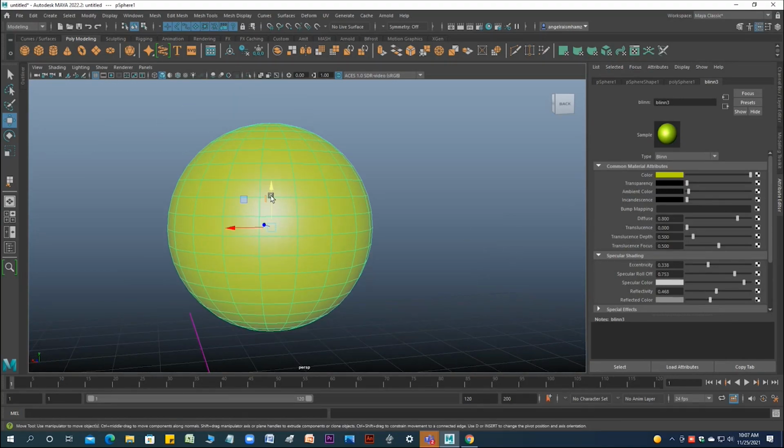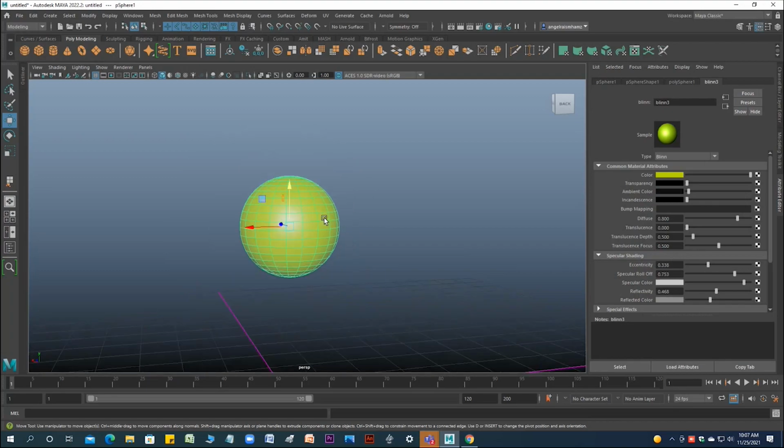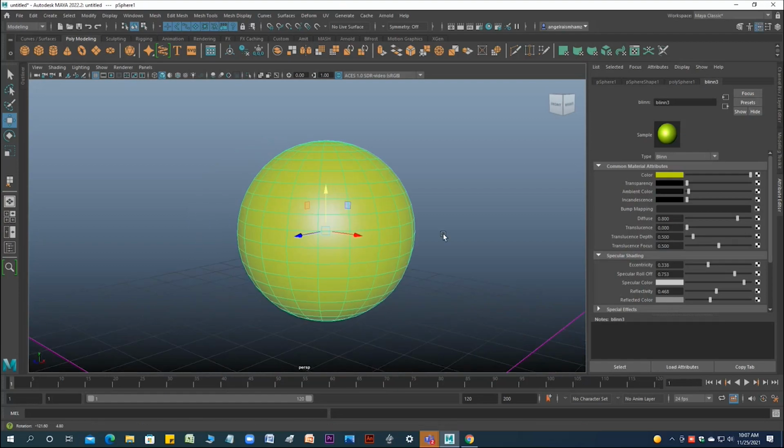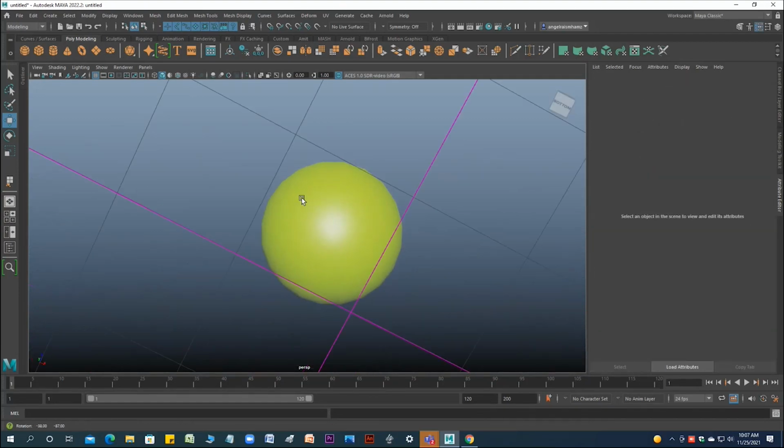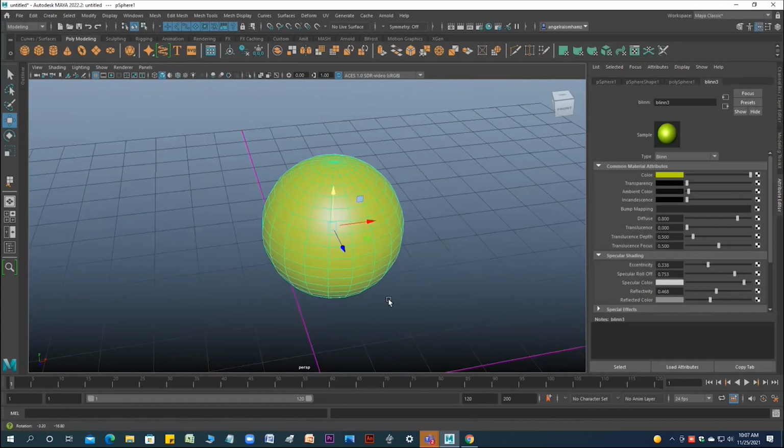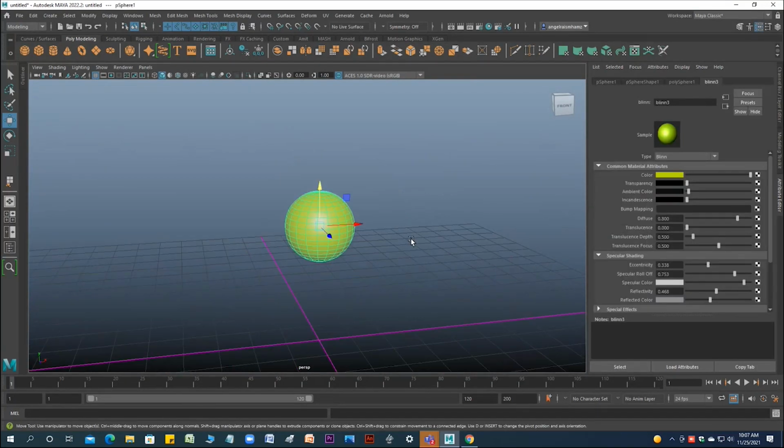Texturing, once you apply some reference images on that, is another thing. UV mapping we'll do in coming classes. Today we are just covering shaders, because of that you will get this quality. Just create three or four spheres, apply different materials and play with this. Then you'll get a comparative idea.